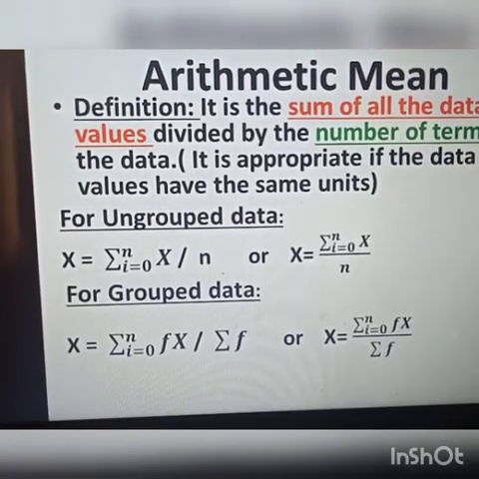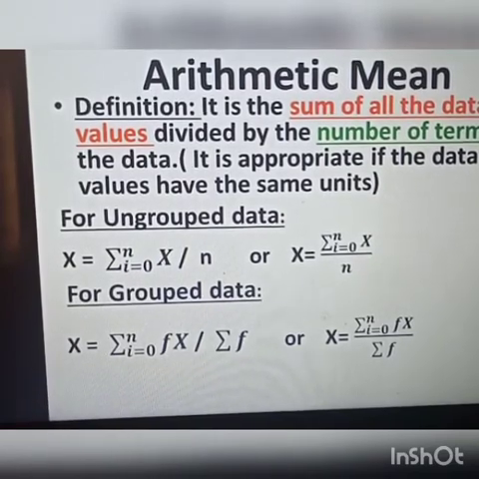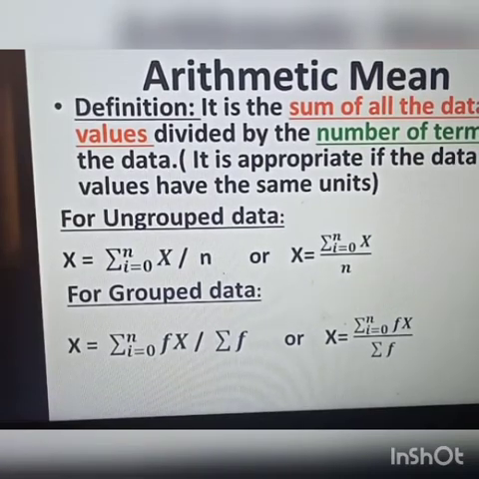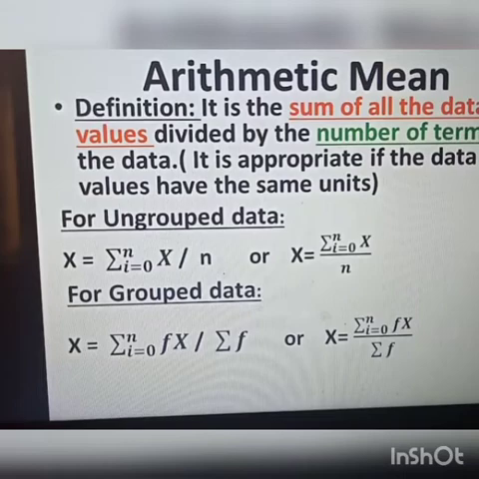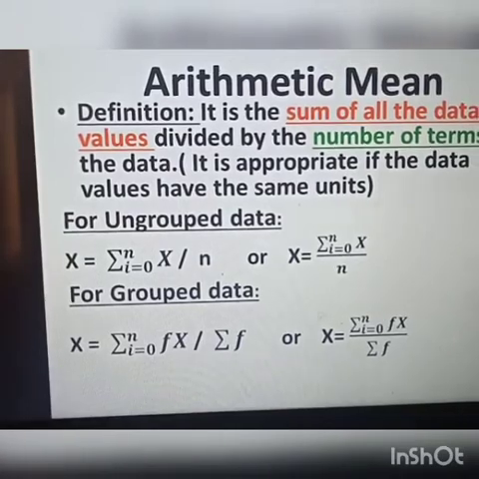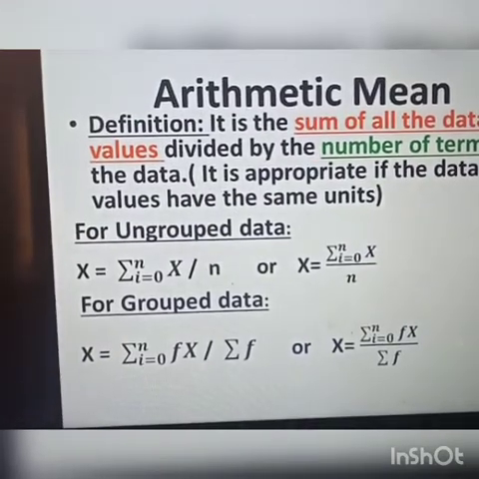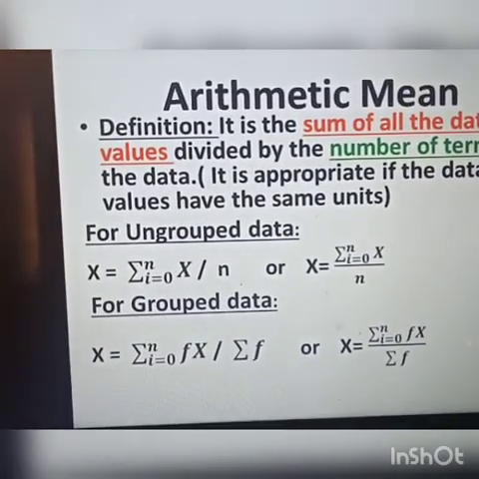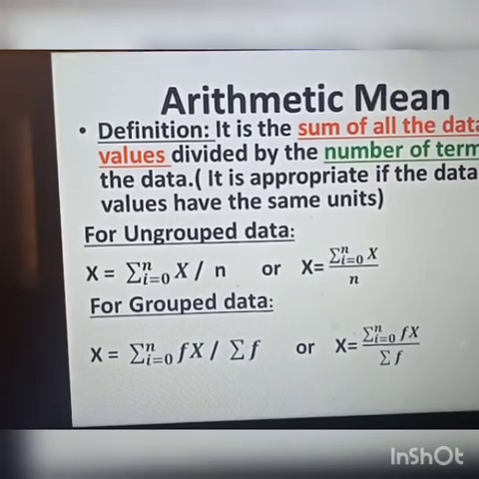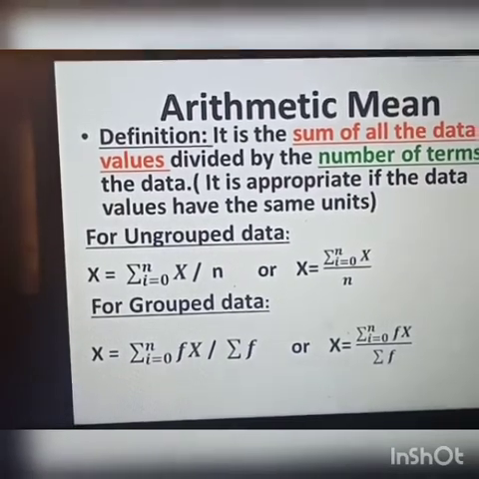And how can you differentiate the formula for grouped data? Here you can see only frequency is being added for grouped data. So it is the sum of f capital X divided by the sum of f. You can write it this way or the second way on the right hand side, both ways are correct. It is the same thing being written. So the difference between these two formulas is just the frequency. In the ungrouped data formula, frequency was not involved, and in the second formula frequency is multiplied with x, and instead of small n it is the sum of the frequency given.